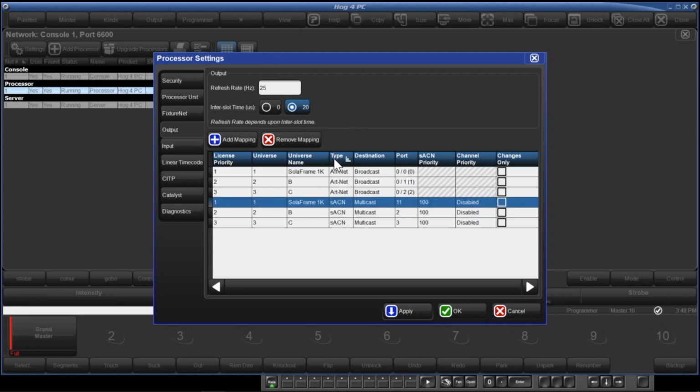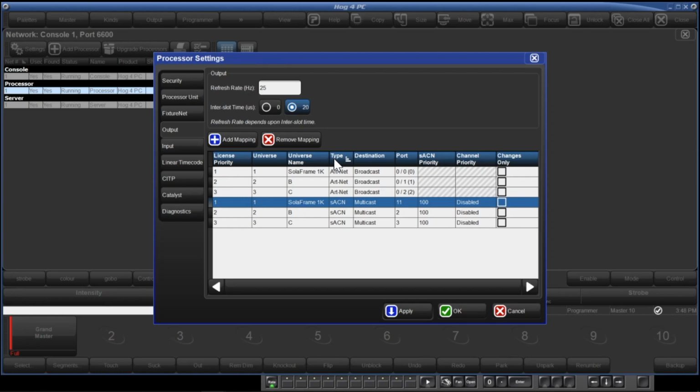Let's map now to DMX ports. These are mapped via the widget type, regardless of whether those ports are on the back of the console, on a USB widget, or on an ETC Gadget 2. Widget mappings require the widget to be connected or be built into the console. We'll add a widget to our Hog4 PC setup and then add the mappings.